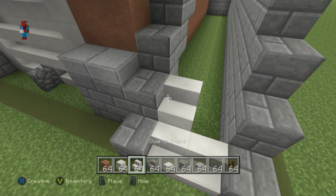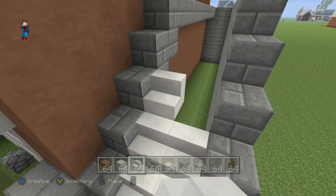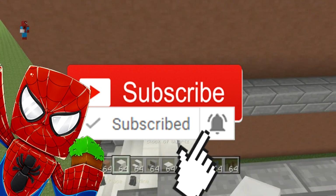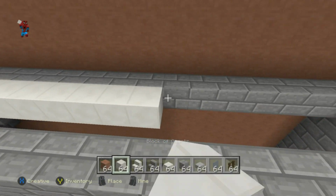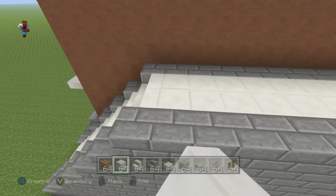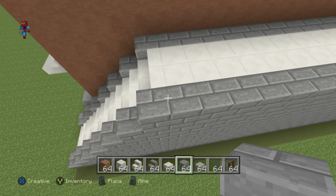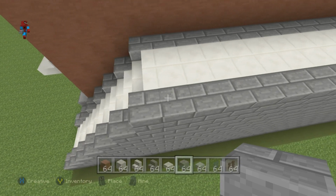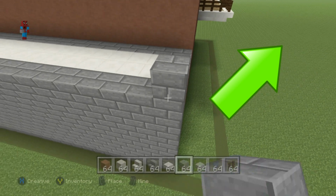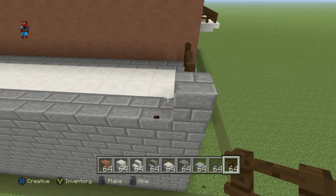Then, if we create a layer of quartz stairs that come up here, in between the diagonal layers of stone bricks, that comes upwards like this, and then we fill in the top of this with block of quartz, like this. Then if we add stone bricks on the outer part of this, which is in line with the diagonal layer of stone bricks that forms the stairs, and if we place the same corner on the back corner of this, and then if we do dark oak fence in between all of these,